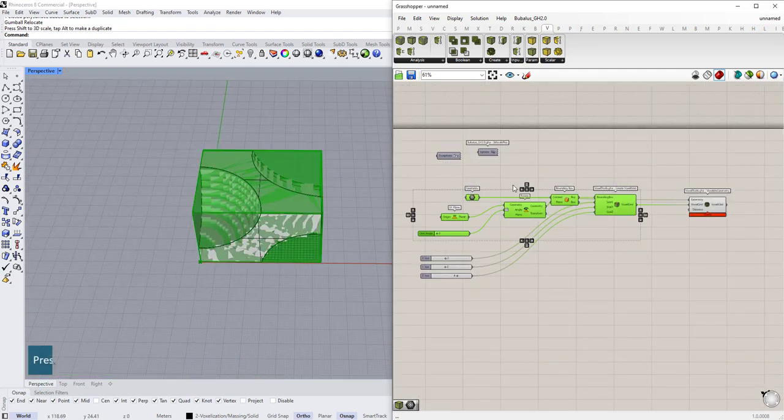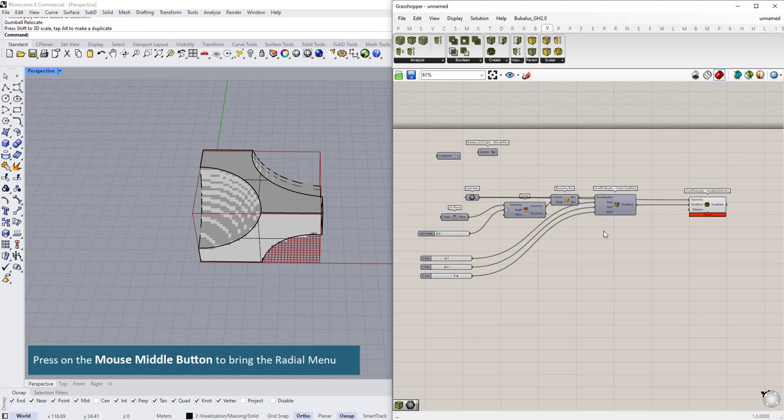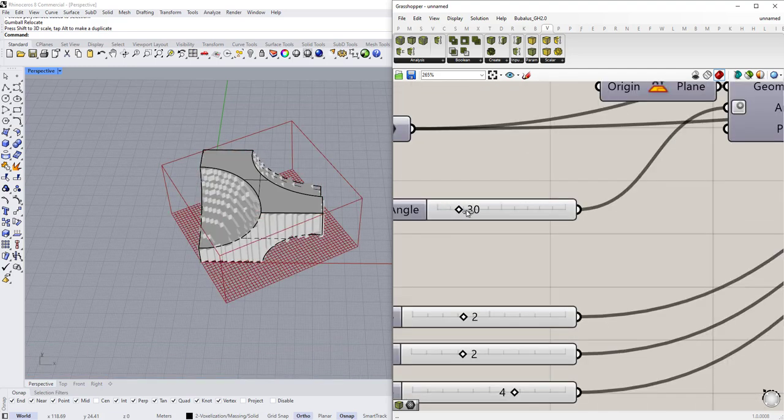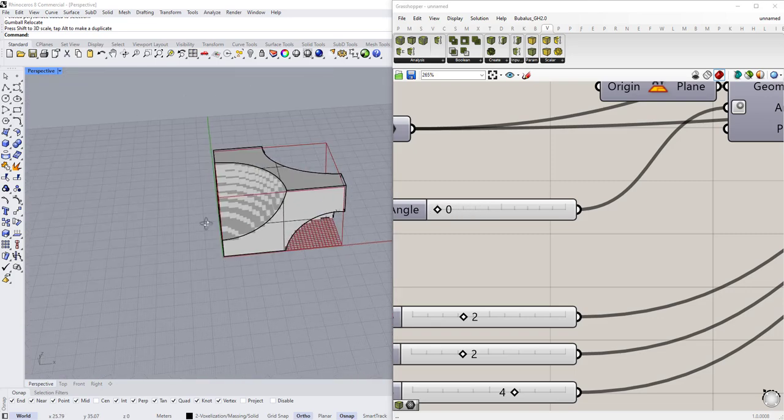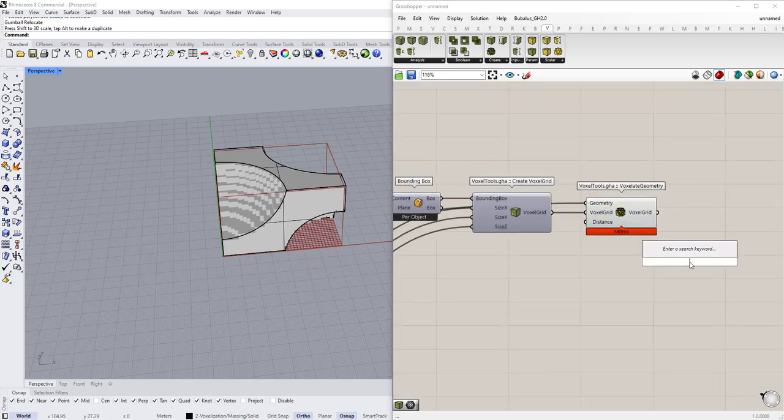We can hide all of this. So select all of this, click the mouse at the bottom and hide. And these are going to be our input. We can rotate the grid. As you can see, this would rotate the grid. We can rotate it, have something like this. And this is actually a mesh, so we can use geometry